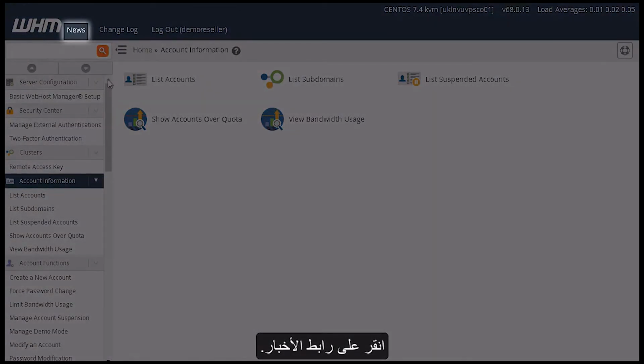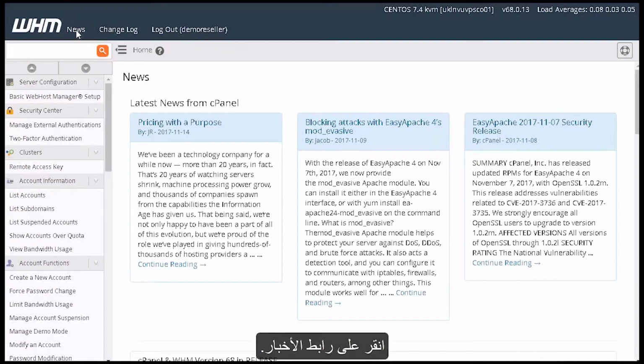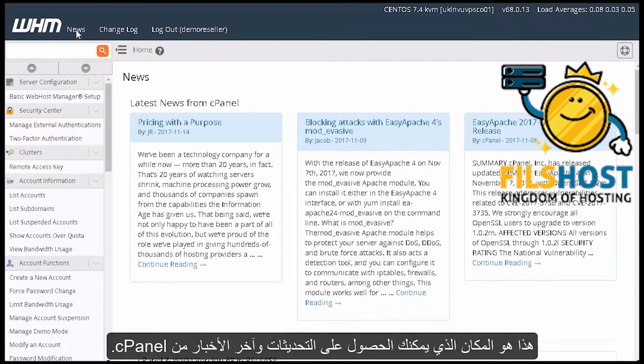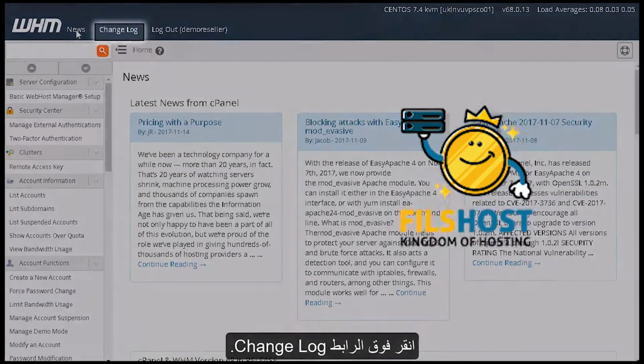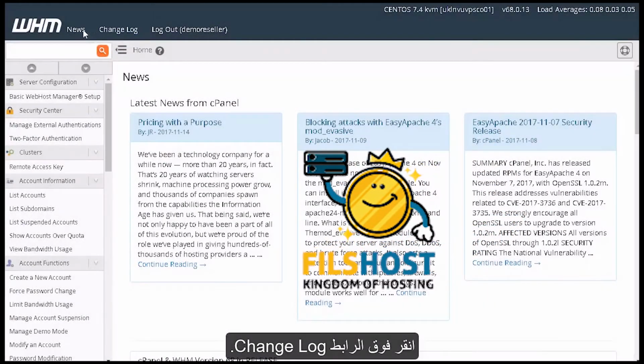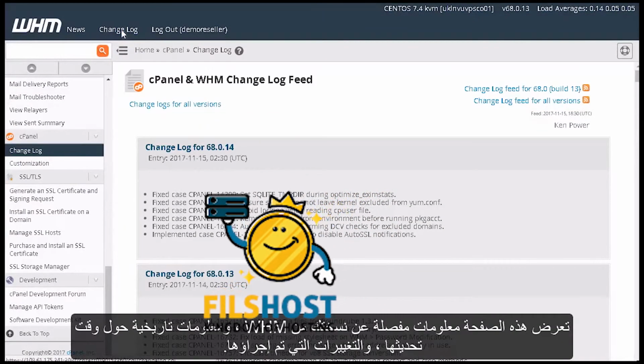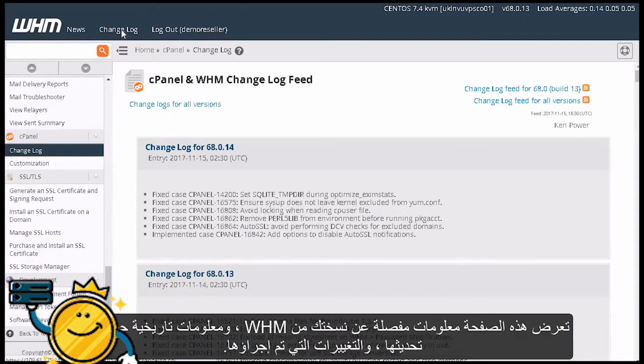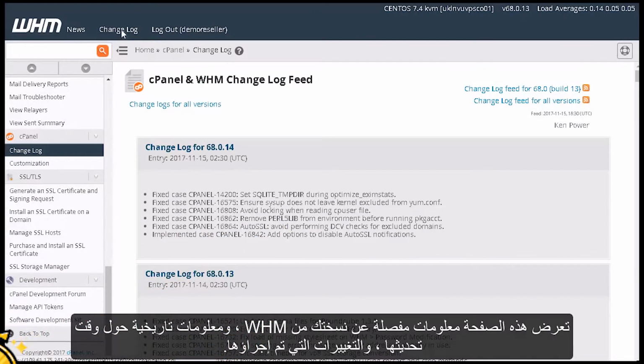Click the News link. This is where you would get updates and the latest news from cPanel. Click the Change Log link. This page shows detailed information of your version of WHM, historical information about when it was updated, and what changes